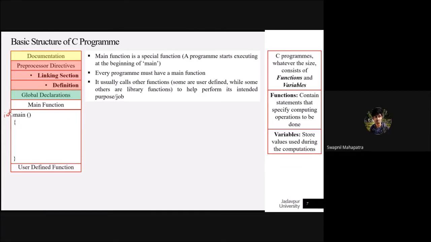The main function's return value will be an integer if it's int main, and if it's void, then there will be no return value. Actually, the main function does not return any value. This is the primary function that calls up everybody. Nobody calls up the main function, so the question of return does not arise here. So what you will find is that it's either void main or sometimes int main, but it is not going to be called up by anybody. So it does not return anything.